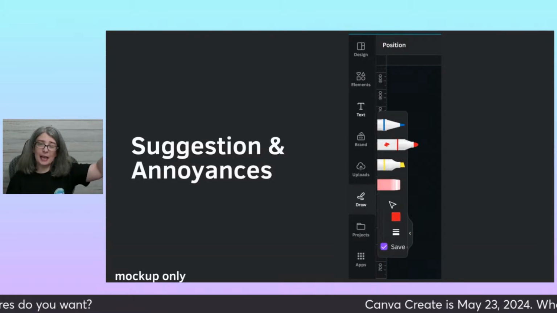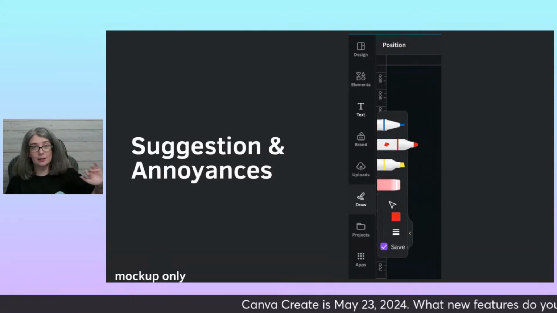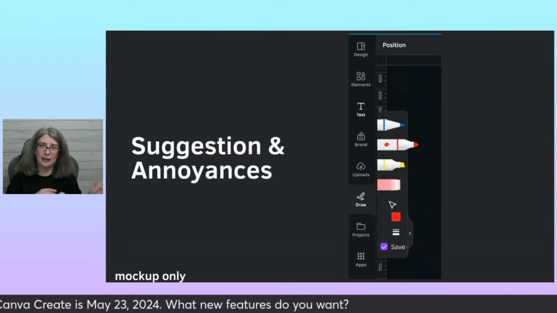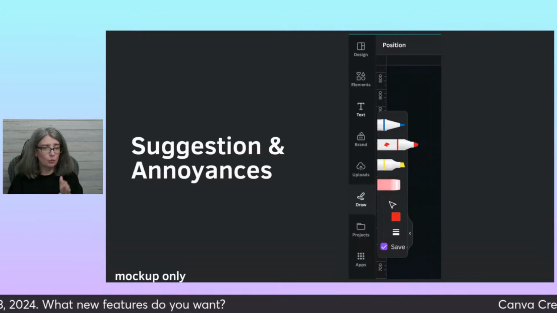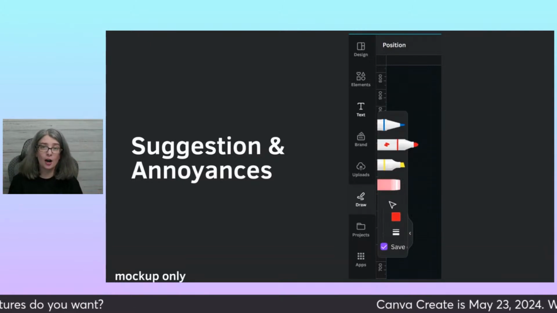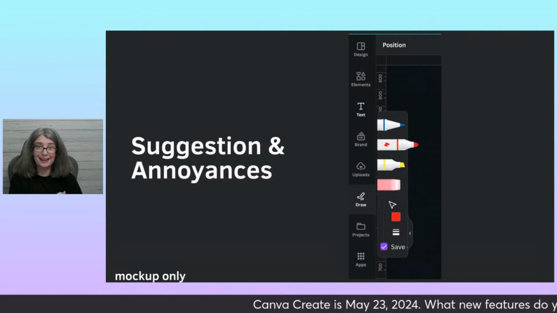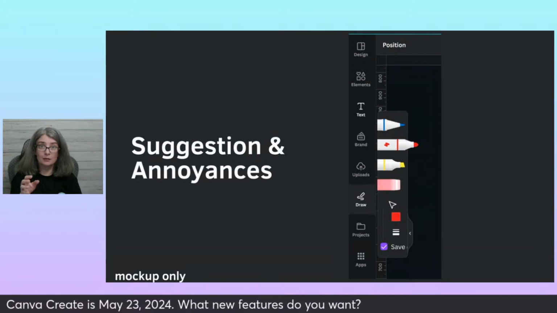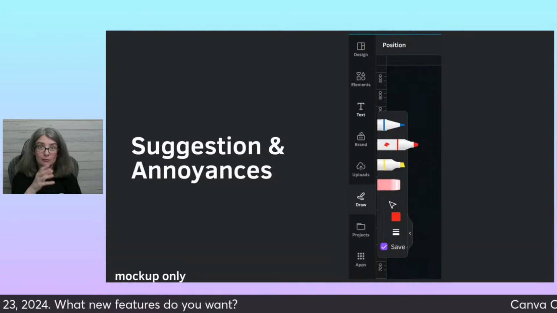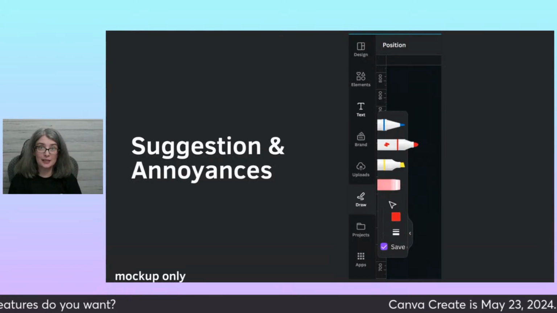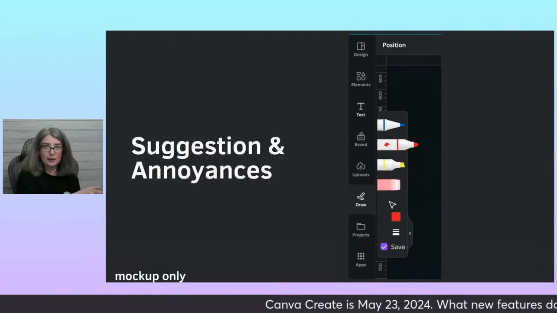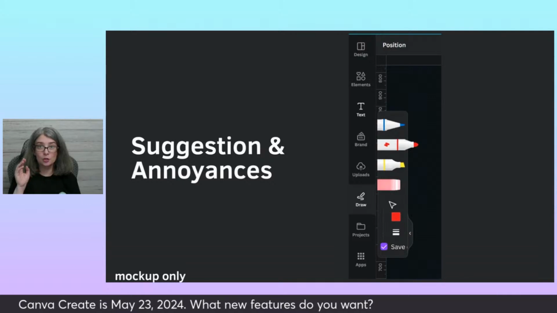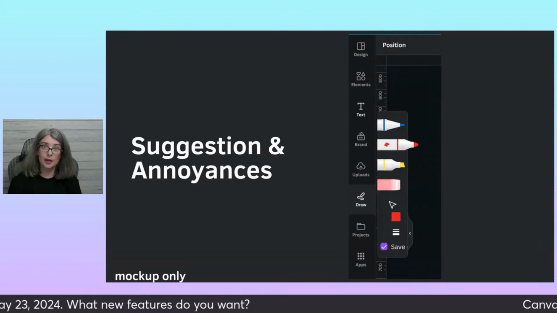Number 5, I wish that they would fix the draw app so that it is a little less buggy. When I hide the draw app, I want it to stay hidden. I don't want it to come back while it's still hidden so that I'm drawing on my designs. I also want, when it hides, to be able to open up the color stuff and the stuff on the left-hand side. I don't need to click on something on the left, then my design, and then back over. I just want to click on the design and choose a color.